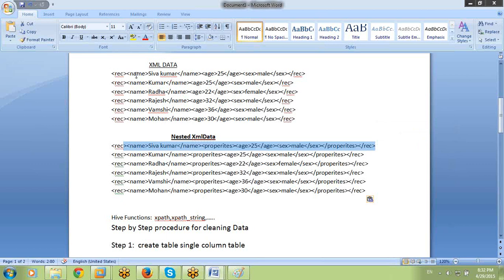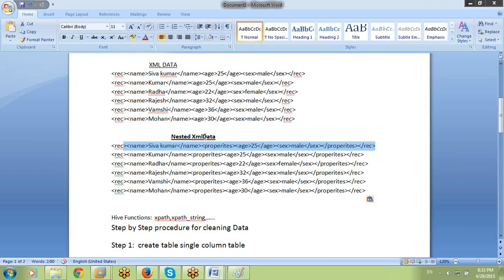Here I'm just explaining the data. This is the nested XML data, compared to the previous XML data.